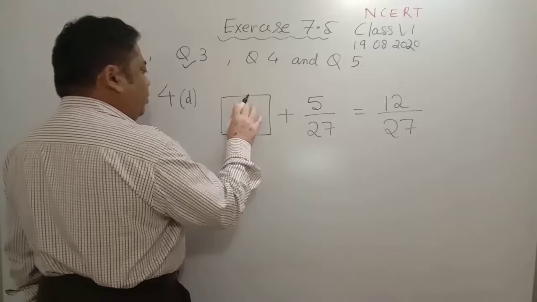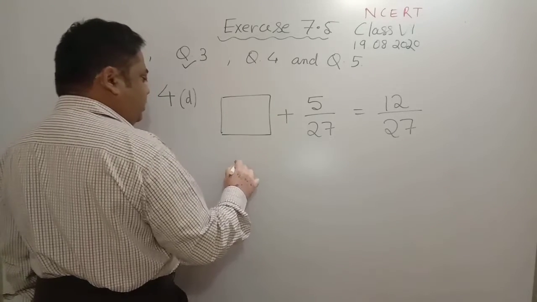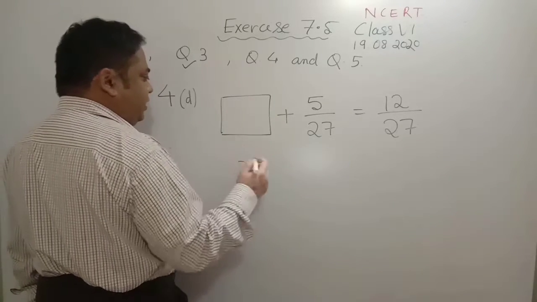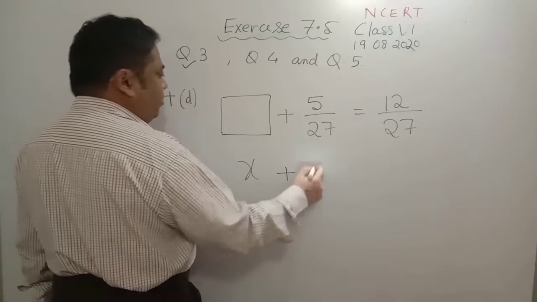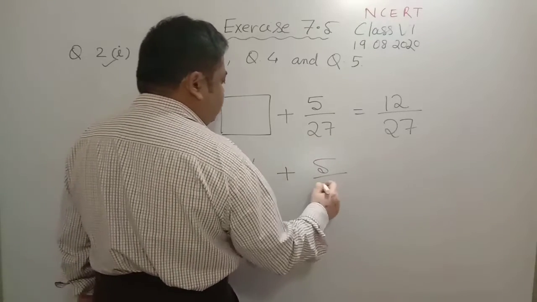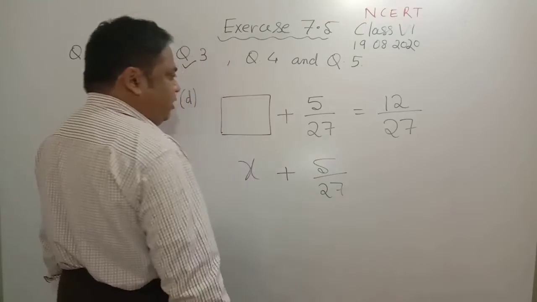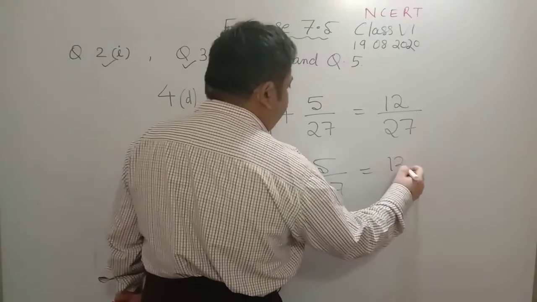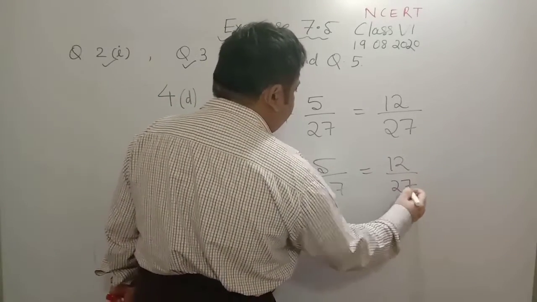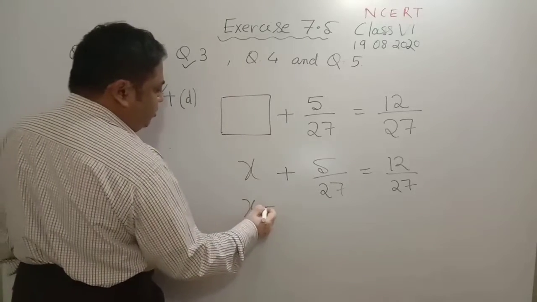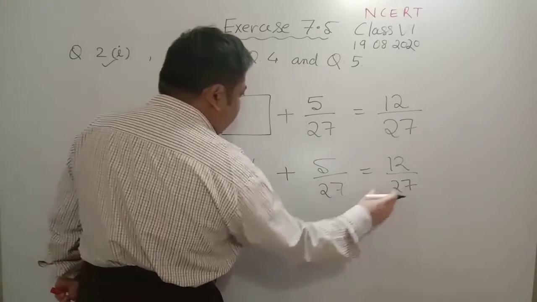So box we will take as x, you can take y also, you can take z also, anything. x plus 5 by 27 is equal to 12 by 27. So x will be equal to, this value will remain same,